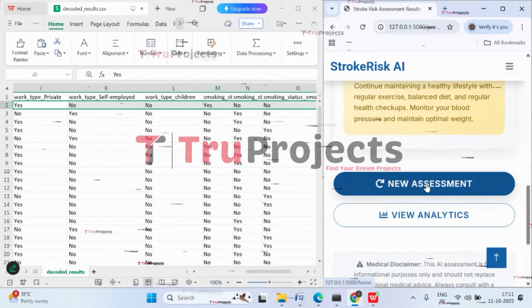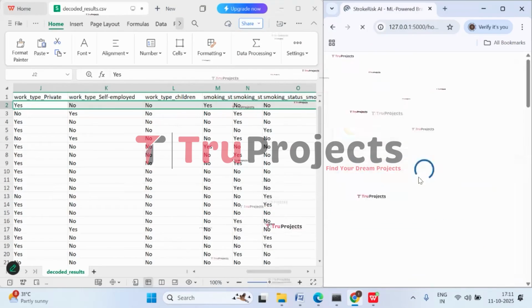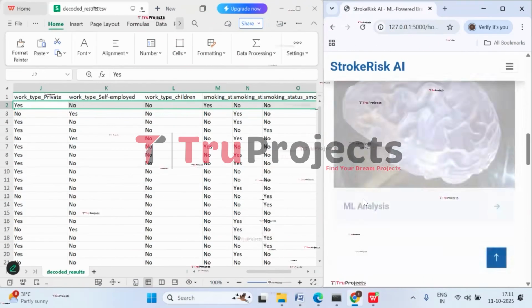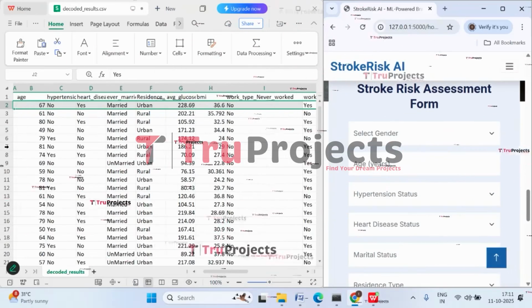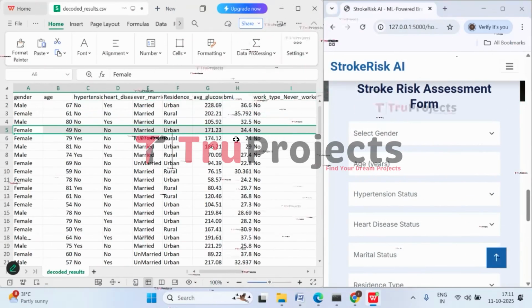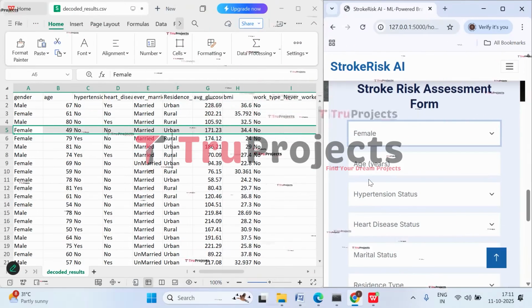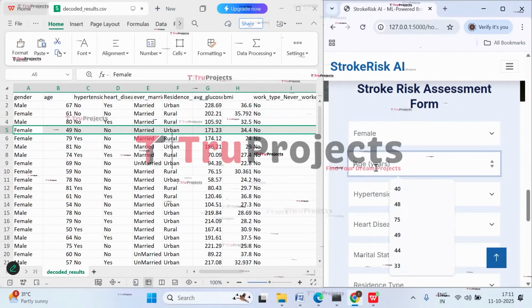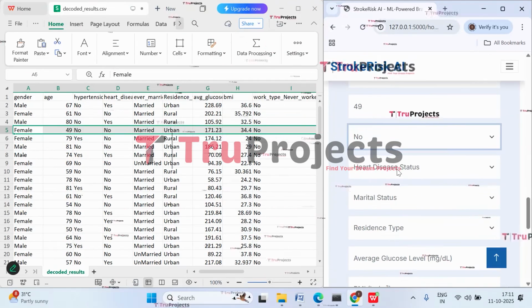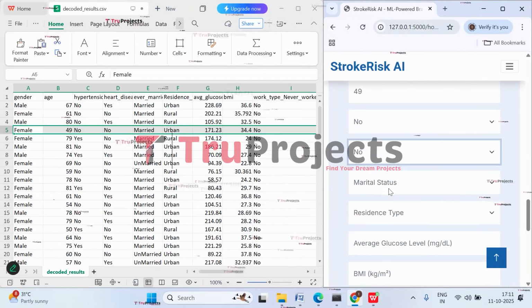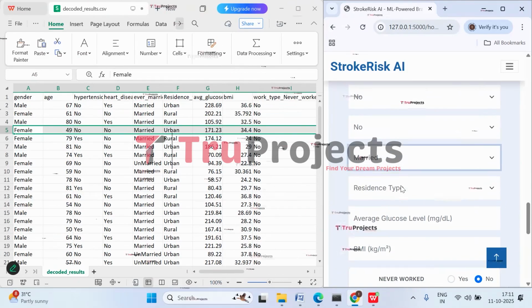Let's do the new assessment. So click on it. So let's enter the parameters. And now let's check with this case where gender is female, age is 49 years, hypertension is no, heart disease status is no, marital status is married, urban